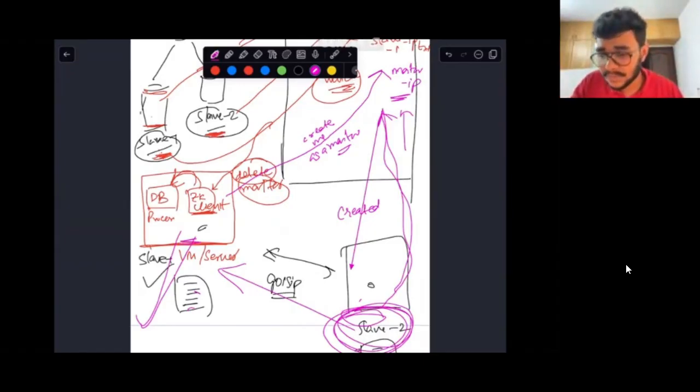Okay. What was the gossip between the two slaves, Amit? Basically, these two slaves need to figure out which of them has the latest writes in their WAL file. How do they figure it out? They'll gossip amongst themselves, using some protocol. The gossip protocol happens to be one of them. They'll talk and figure out, hey, I have the latest writes. The other one will say, okay, fine. Once they've agreed which slave has the latest writes, that slave will send the request, hey, elect me as the master.